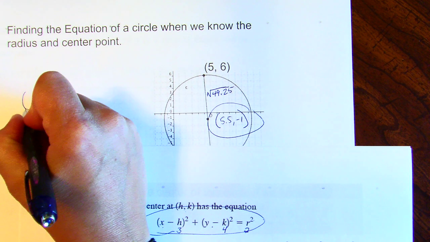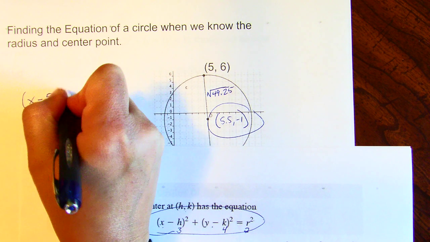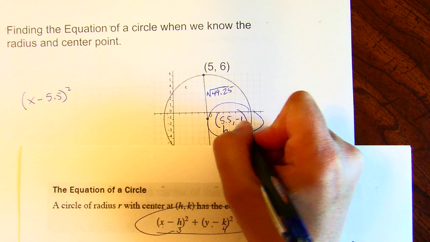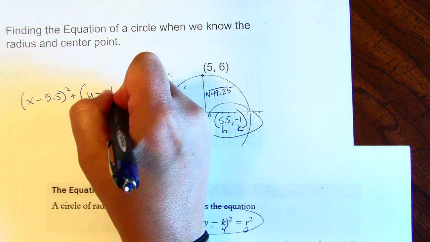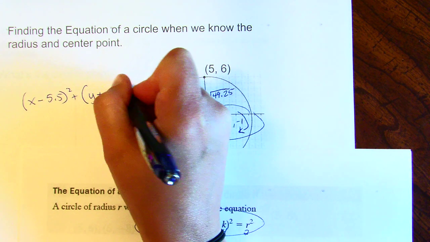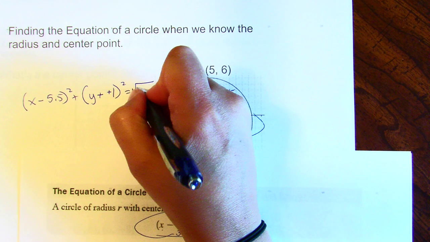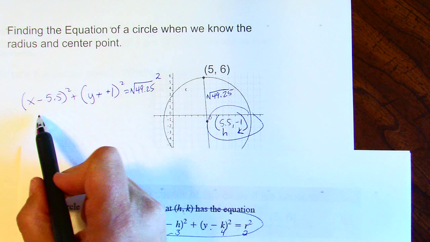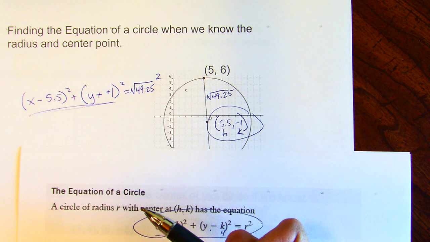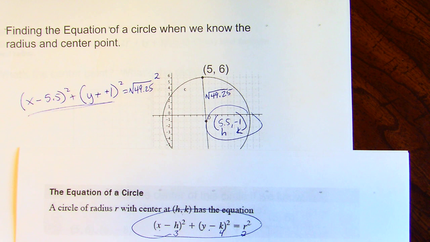So it's ugly looking, but you need the X minus the H, which in this case is the 5.5 squared. That's the H. This is your K. Plus, we have our Y minus the -1, so hopefully you're noticing that needs to be added, squared. And then we have to put in our radius squared, so root 49.25 squared. Now, like we said in the past, don't mess with these. Don't try and FOIL those. Leave those alone. So what we do need to do is go through and just finish up that